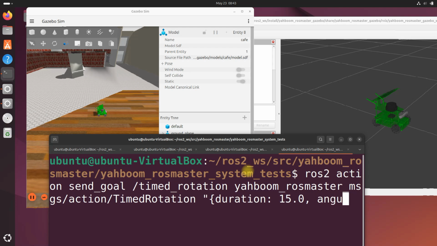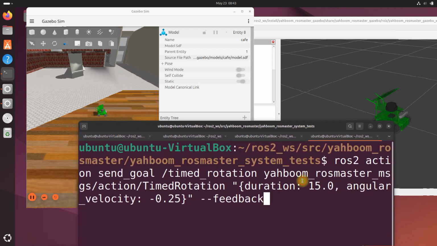And I want it to spin with angular_velocity of minus 0.25 radians per second, quote, and then feedback. We want to see the feedback. And when we press enter,